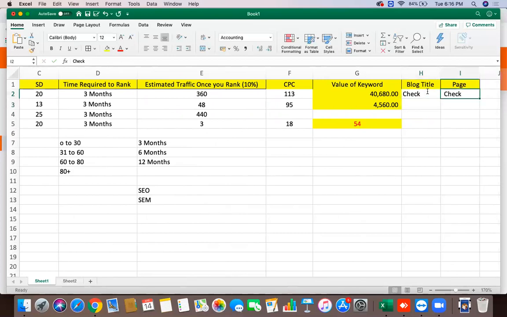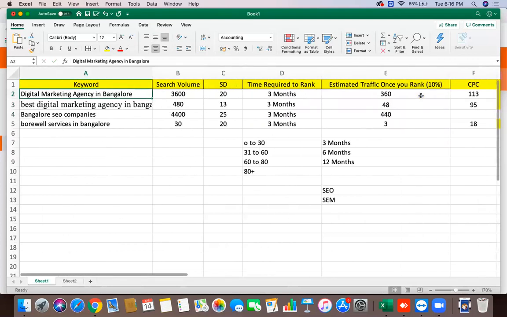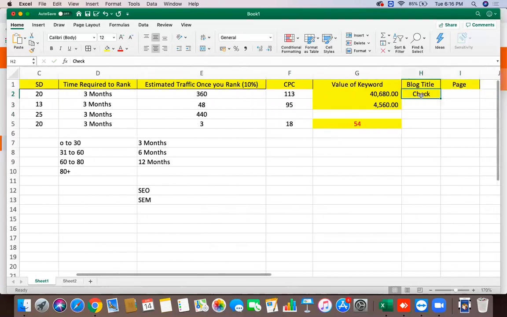Now guys, so the thing is, ranking a blog is much more easier than ranking a page, because ranking a page requires a lot of off-page SEO to be done. Okay, and off-page SEO is definitely tough. Whereas ranking a blog requires a lot of on-page SEO to be done. It is a combination of both, but more or less on-page karoge to ho jayega. So what I'm trying to tell you guys over here is, try to think of a keyword and a blog title. पेज के लिए बाद में मैं आपको टेक्निक्स दिखाऊंगा, that is in my upcoming modules, module number 3